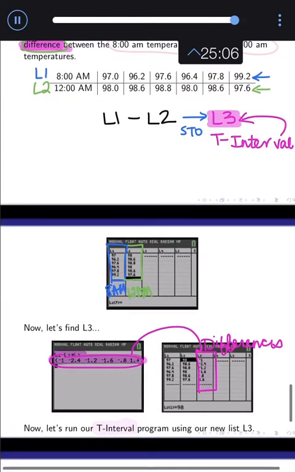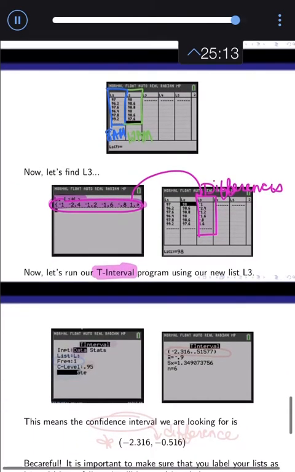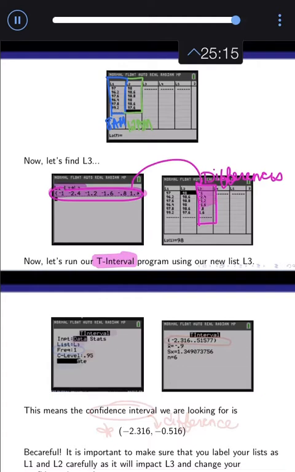And then, remember, I'm doing a confidence interval. Then I can just do my confidence interval, my t-interval, only on our list 3 that we came up with. So I'll do my t-interval on, I've got a set of data, only list 3. Just like before, we're going to leave our frequency as 1. They did give me a confidence level of 95%, so 0.95. And then I will select